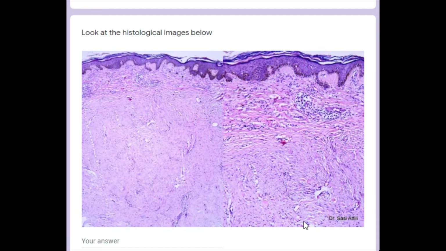So I've given you three images. The first two are low power images. Here you're seeing the epidermis and the dermis. What is obvious, even on low power, is this fibroblastic nodular proliferation of dense collagen fibers closely packed together. There is loss of adnexal units; you don't see any adnexa here. And you see blood vessels vertically oriented here.